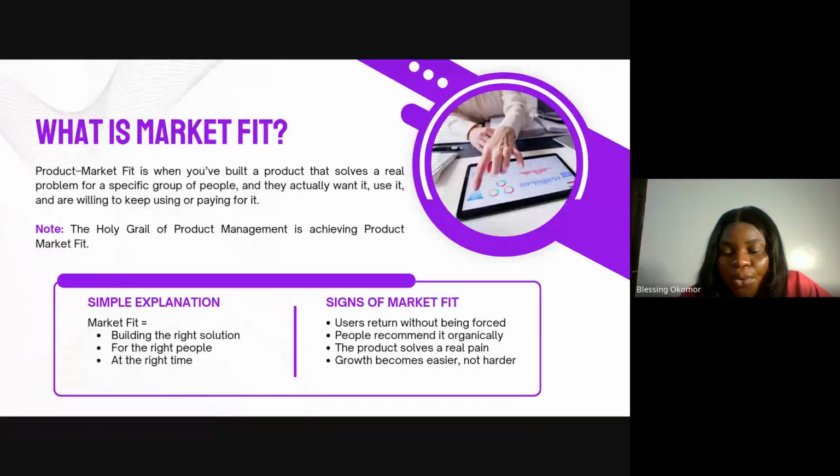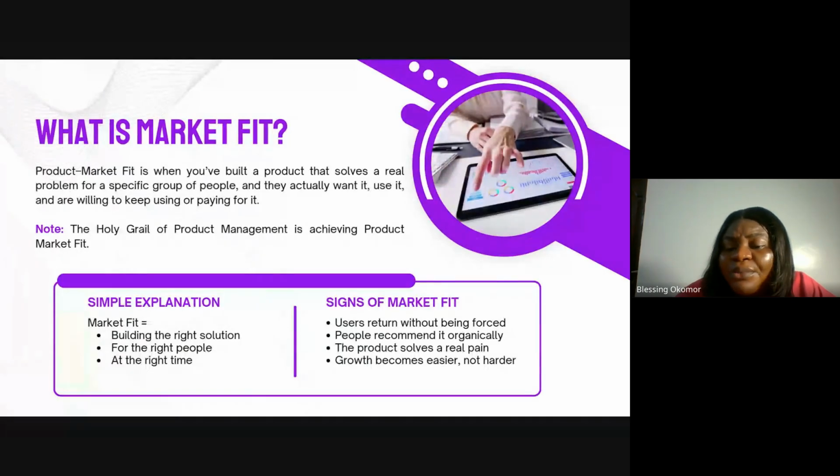Your market base is growing. People are telling people, go and use that product, you will love it. Go and use that product, you get value. So people recommend it organically. You don't need to struggle with ads. You doing ads is to expand, to get more people to use it, because you know that people are going to get value from it. And those people are going to tell, let's say 10 people got value, the 10 will tell another 10. Those 10 are going to tell another 10. The thing is growing. So you ensure that people recommend it organically.